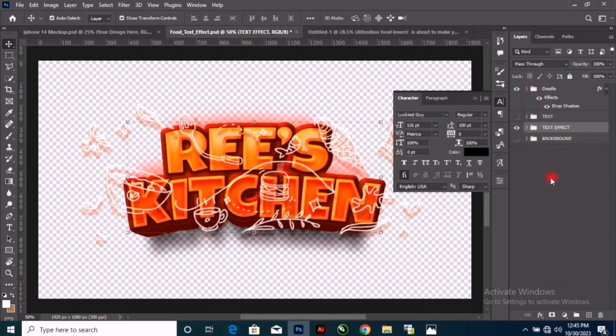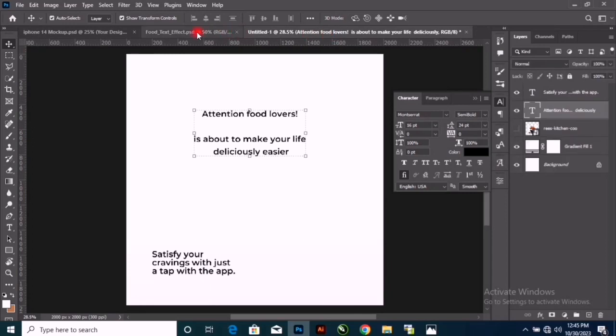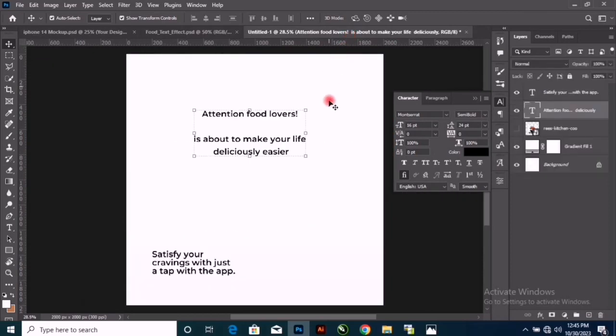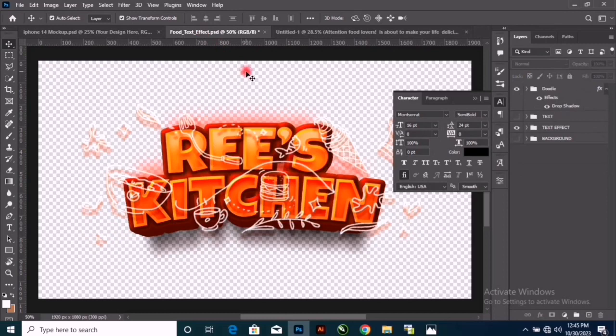So now we can't copy this to our original design, which is here, because it is very heavy, and although we can do it, it's going to make your work very slow and your file will be very heavy. And if you're using a PC that's very slow, it can take you ages to do that. So a better way to do this is just press alt